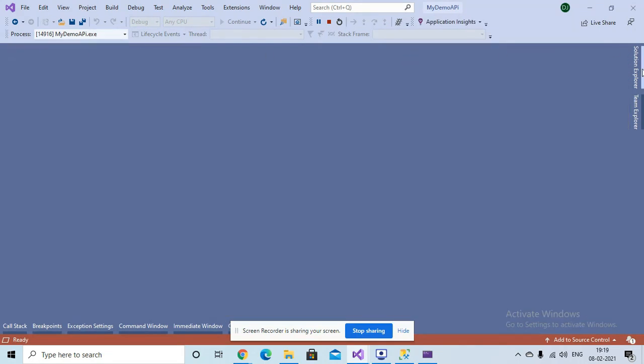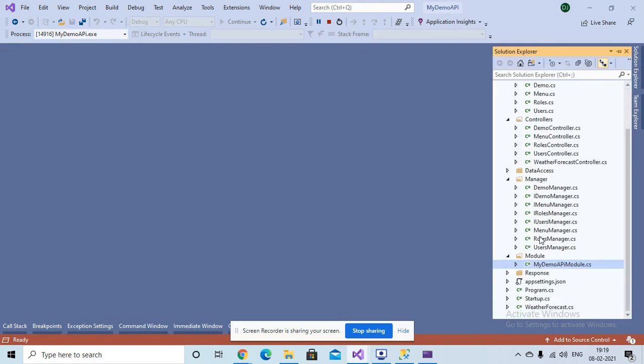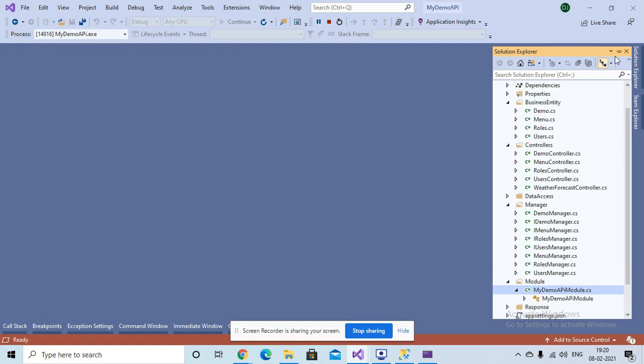So here, you can see this is all the code which is generated through this tool, and you do not need to write a single line of code for CRUD operation, if you are creating a solution for microservice based as well as layered architecture.